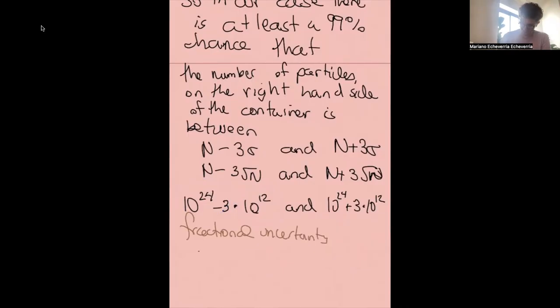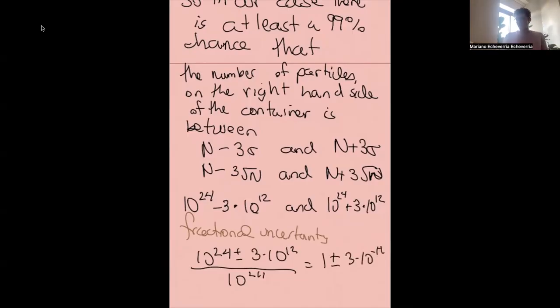where it's 10 to the 24 minus 3 times 10 to the 12, well, let's put it plus or minus 3 times 10 to the 12 over 10 to the 24. That is 1 plus or minus 3 times 10 to the minus 12. So these values are basically indistinguishable. They're essentially the same as 10 to the 24. So it's saying that,